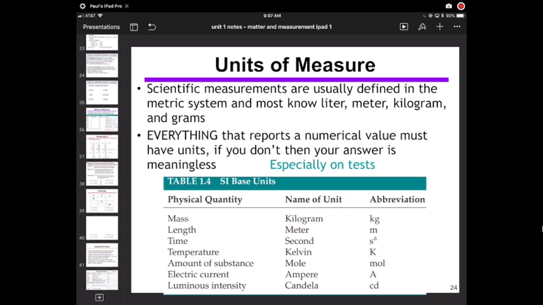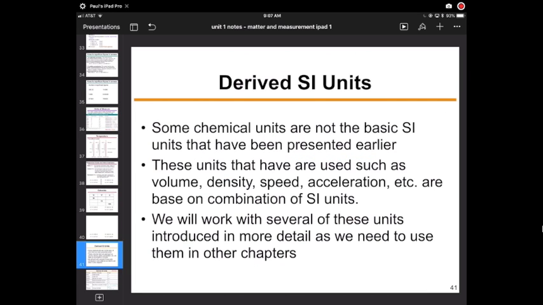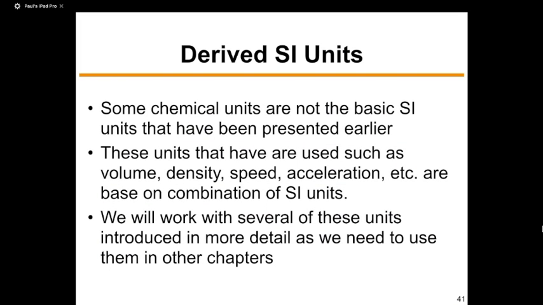And so what we're going to do is, that isn't the only units that we use in chemistry. We have a whole set of units that are what are called derived. They are combinations of the basic units to create a new unit that is important to us. The first derived unit we talked about was volume. When you looked at those basic 7 units, you couldn't go in and buy a 2-liter because we didn't define what a liter was. We understand that it's volume, but it is not one of the